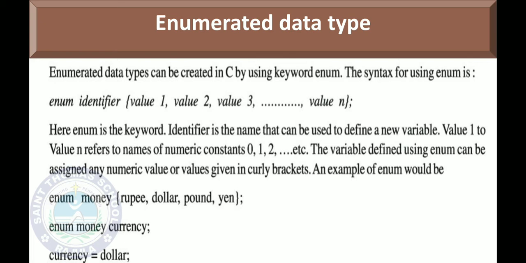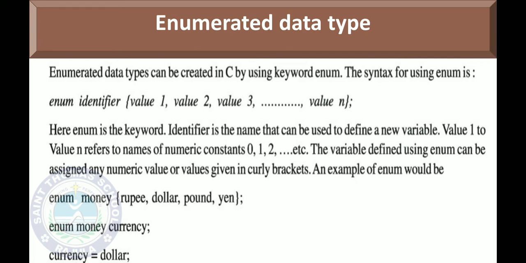Then, in the curly braces, value 1, value 2, value 3 till value n, and then the closing curly bracket and semicolon. This is the syntax when you want to define a new variable with the user defined data type enum.